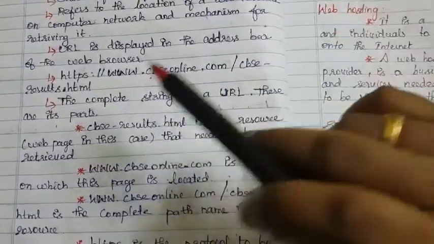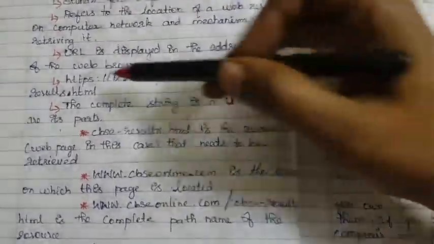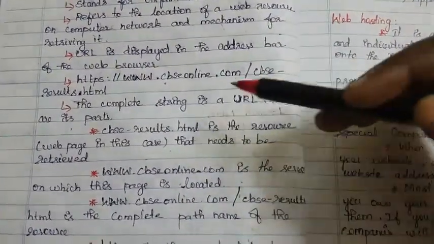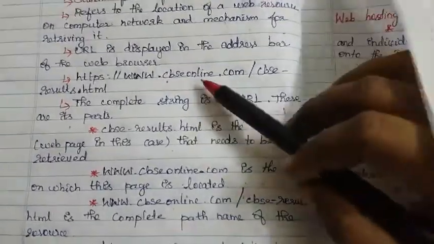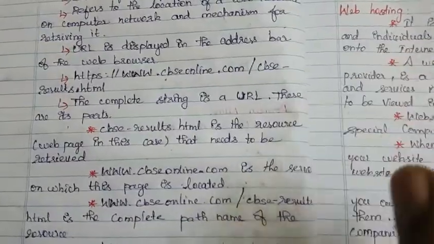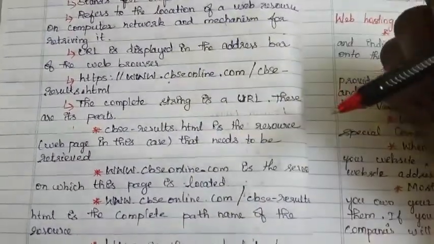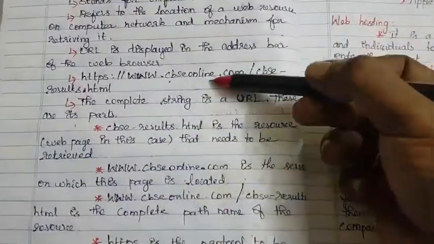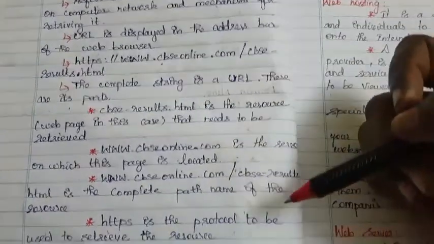https://www.cbseonline.com/cbse results.html. So this is a complete string. This complete string is called a URL, and this URL has three parts. The first one, the cbse results.html, is the resource or web page that needs to be retrieved. I need a result page, so the client will request for that. So this is the resource which has to be retrieved from the web server, and